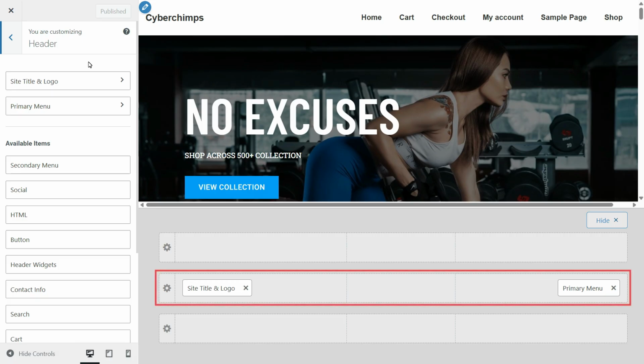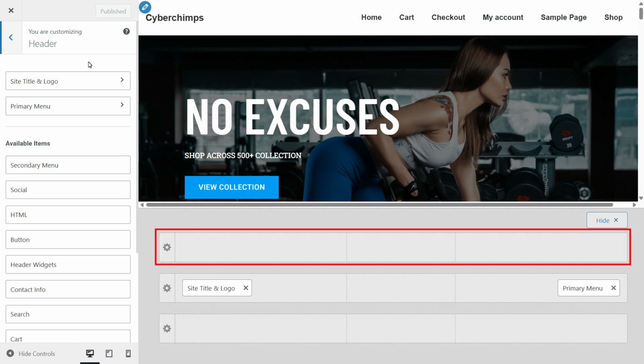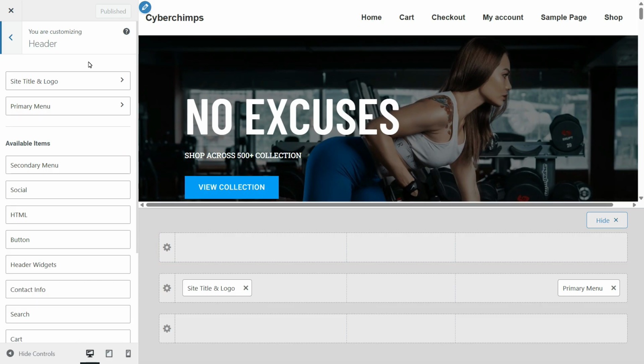First is primary header. This is the central section of the header. It displays your most important elements such as logo, primary menu, search bar, cart and account links. Above header is located above the primary header on your website. This upper row can accommodate secondary elements such as secondary menu, social icons or call to action buttons. Additionally, you can insert HTML code to showcase current discounts, breaking news or notifications for your website visitors.